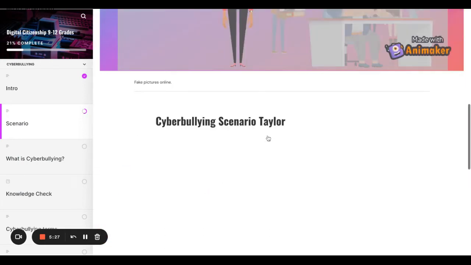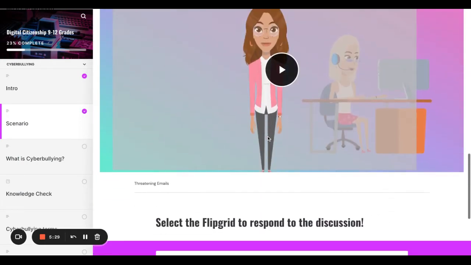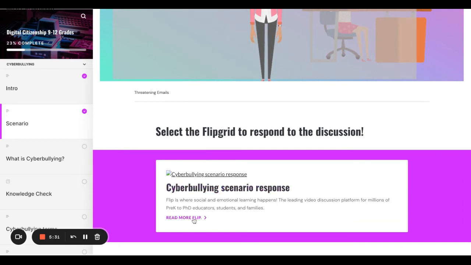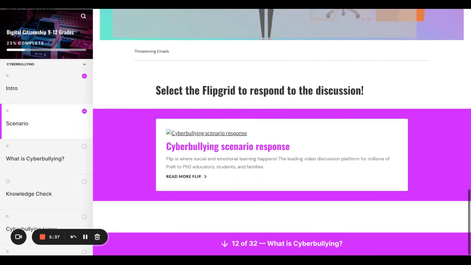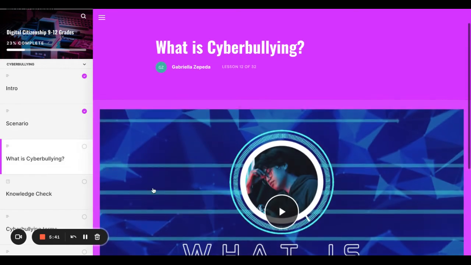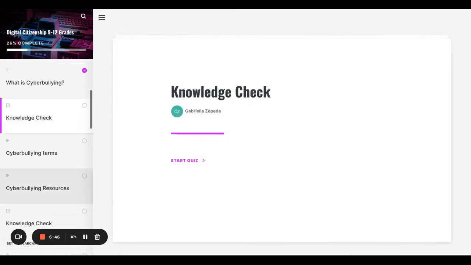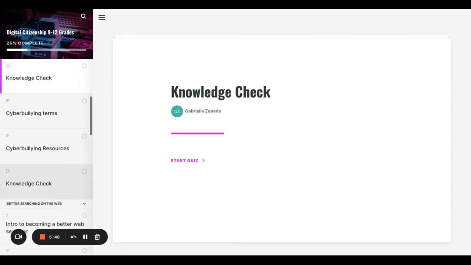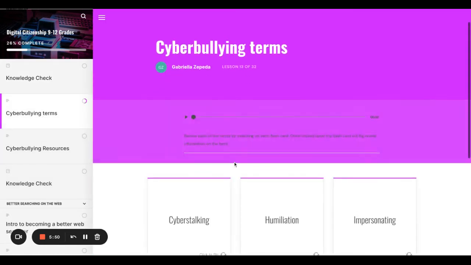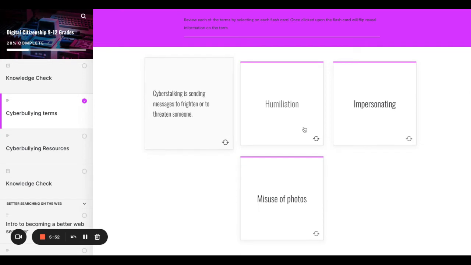So after they watch this video, after they watch the videos, they come down here and they'll select this Flipgrid here, and that will lead them into the Flipgrid discussion. And they kind of just progressively go throughout that. Another video, some more knowledge check there in the middle of this module, some matchup flip cards that kind of